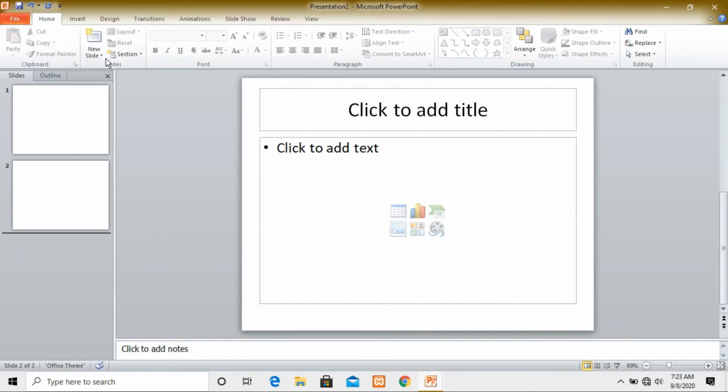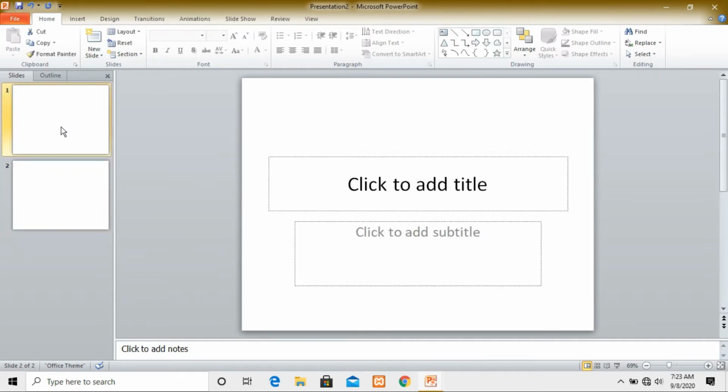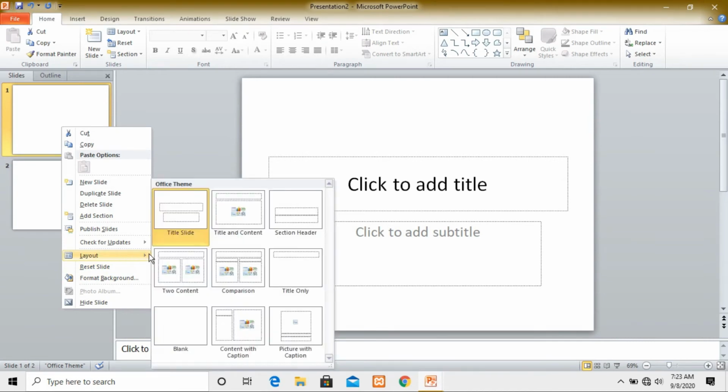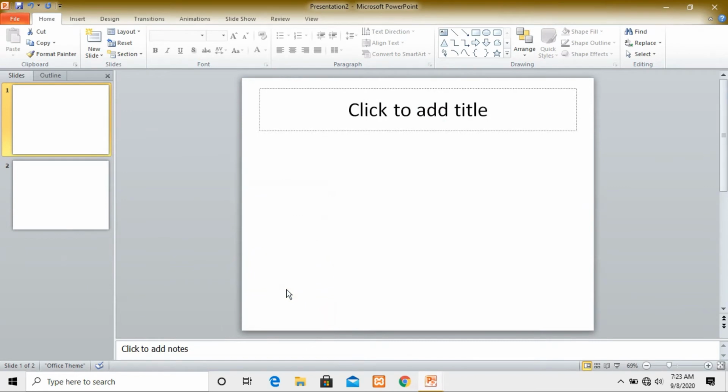Now, if you want to change the layout of your slide, just right click on it, go to Layout and change the layout of your slide. There are so many layouts, you can change it by clicking on that. I want this layout in my slide, so I have chosen that.